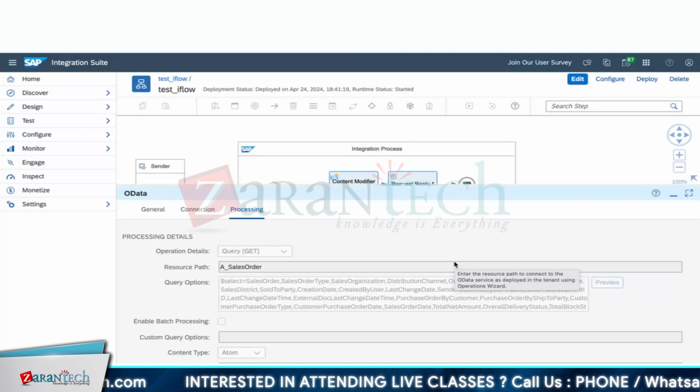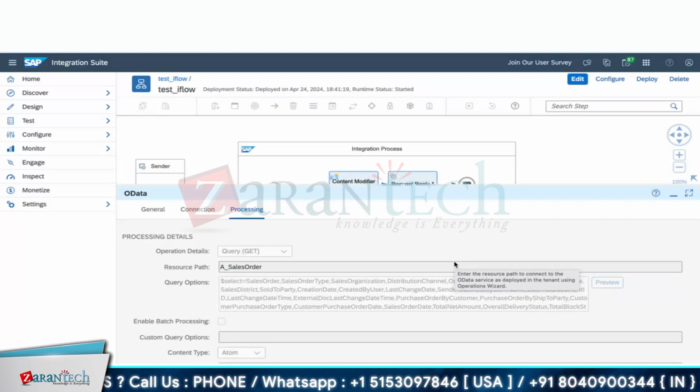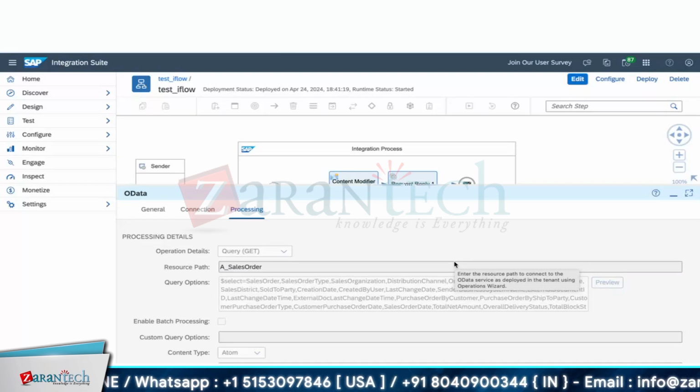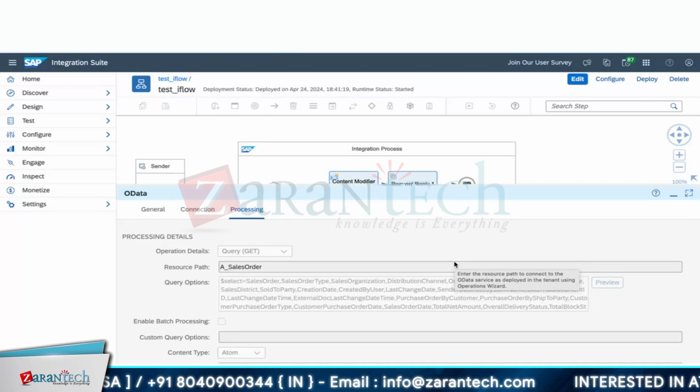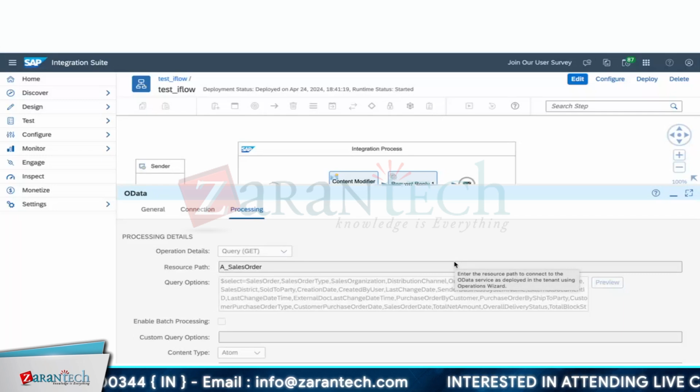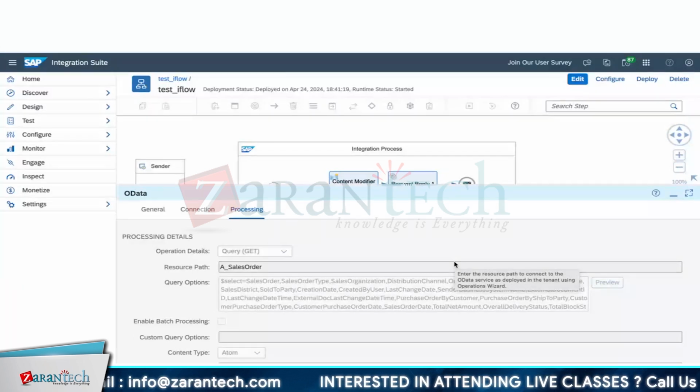So I would prefer SOAP if it is available for any API. But OData is another layer SAP has now built for its own gateway services, all your services out of it. Even that brings your output in an EDMX format.